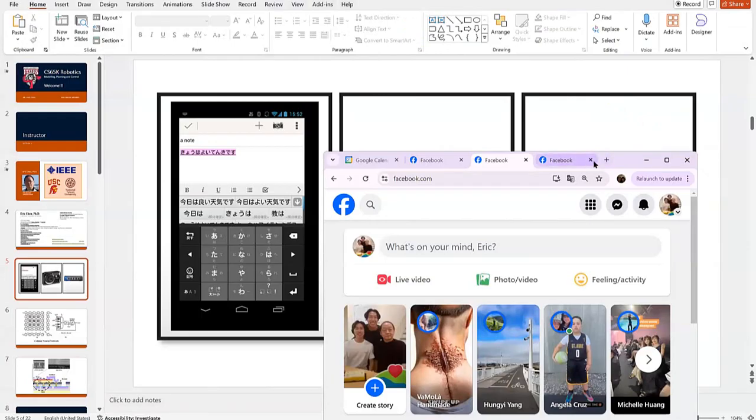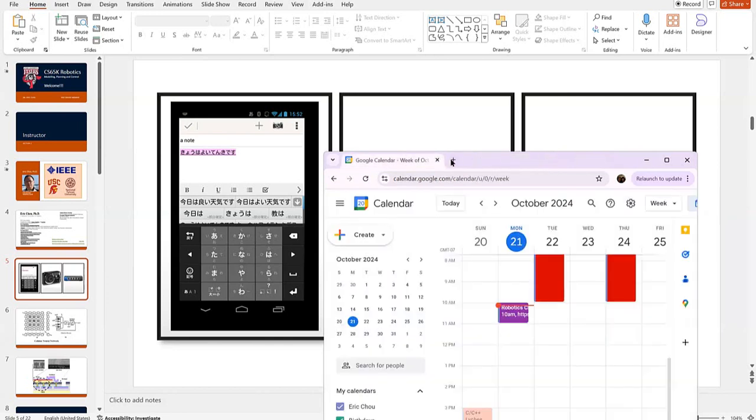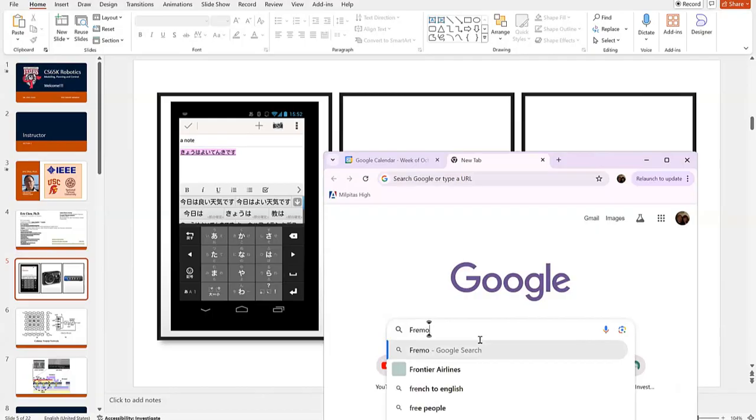I'm sorry, this Facebook always gives very yucky pictures. I don't like it. Okay, so